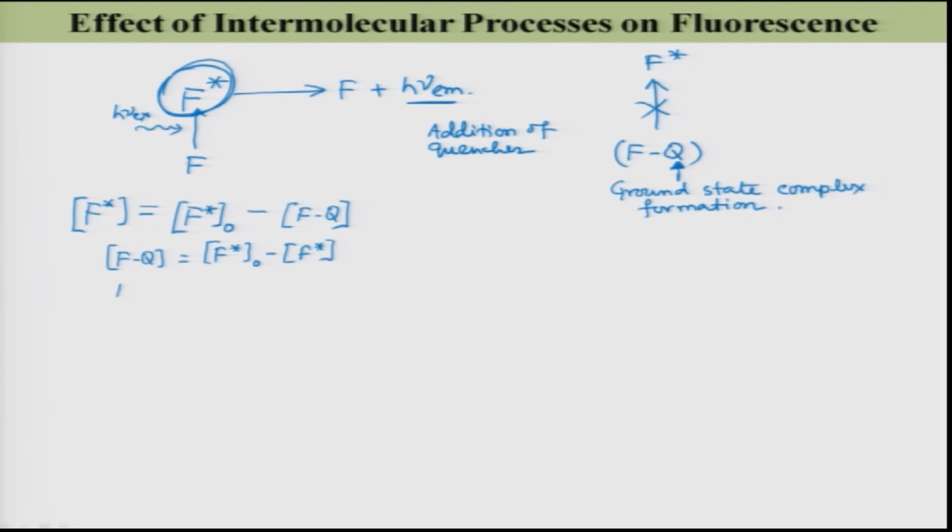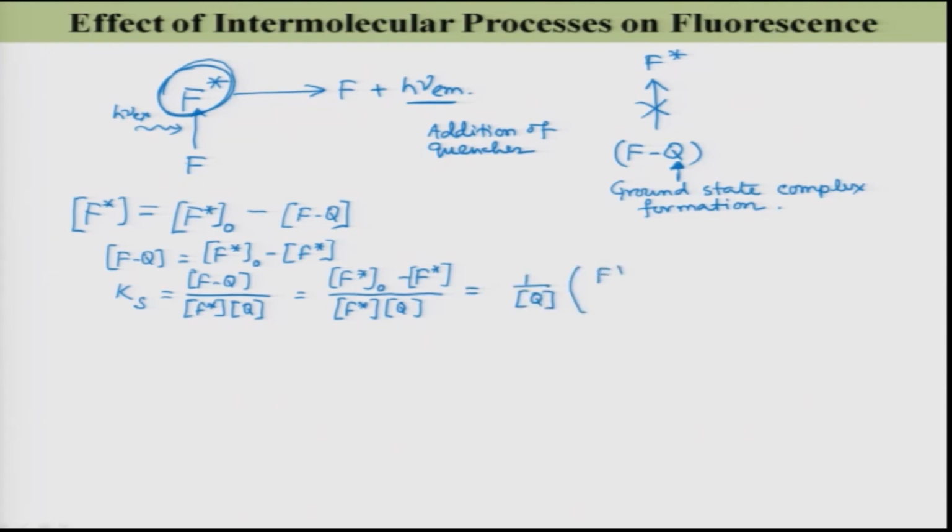So, I can write some equilibrium constant, FQ divided by F star into Q. So, this is equal to F star 0 minus F star divided by F star into Q. This is equal to 1 over Q